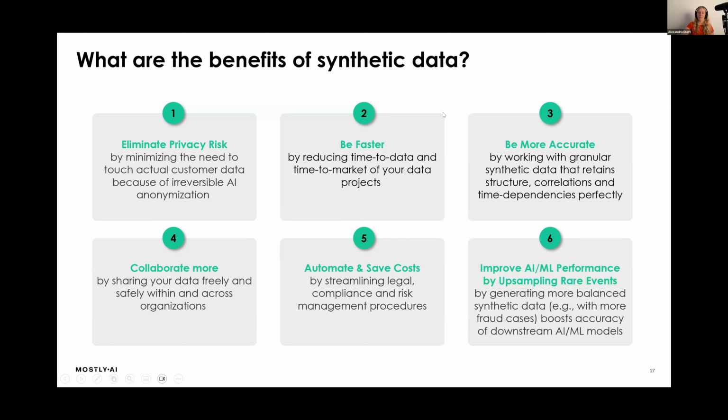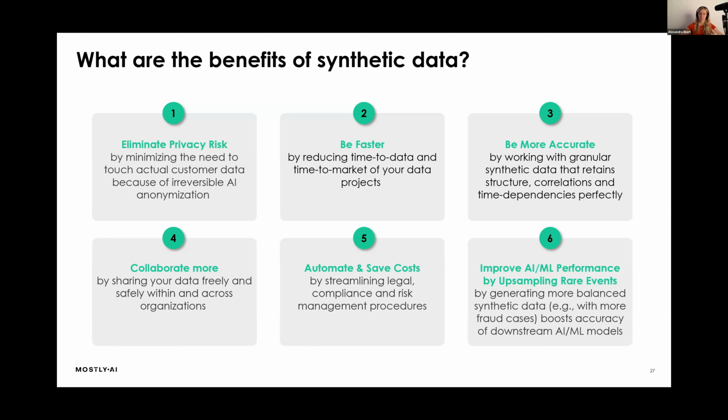A big point for most enterprises we work with is also the collaboration aspect. If you work in the privacy and policy field, you know that sharing data is something that is super, super cumbersome, not only within organizations, if they, for example, have different subsidiaries in different regions of the world, but particularly if they want to externally share data. For example, if a big bank wants to collaborate with a startup. With synthetic data, because it is anonymous, it can be freely shared,